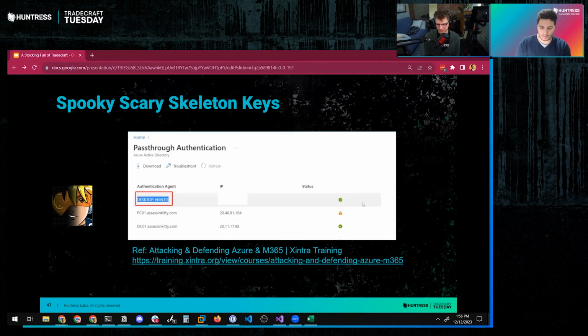Looking at it from the other direction, if I have a global administrator who is compromised in my Azure M365 tenants, what damage can they do to my on-prem environment? Turns out Skeleton Key is a great example of how to do that. That's really the point that I'm trying to drive home here. I can fill an ocean with the stuff I don't know about Azure and M365 right now.